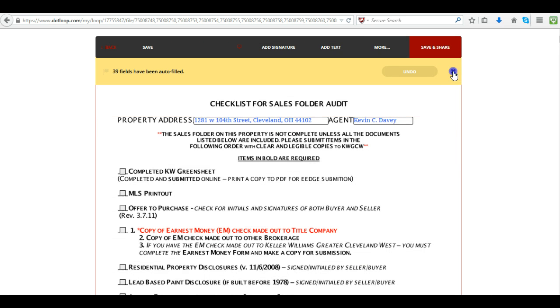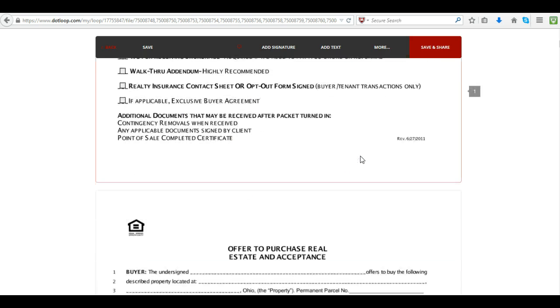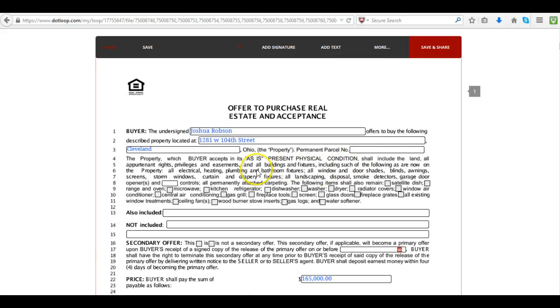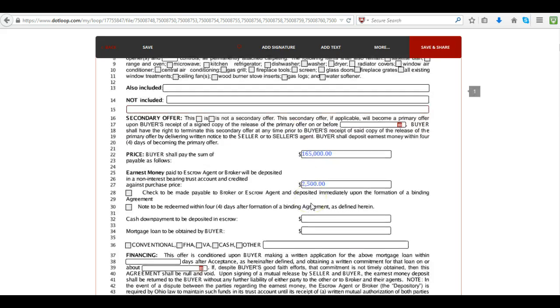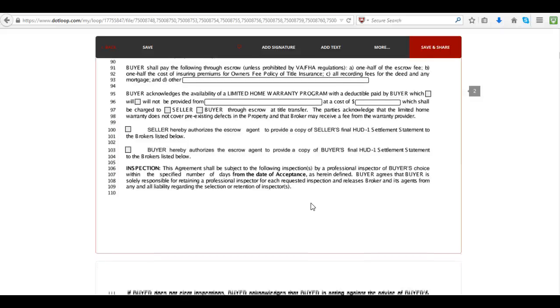And now that we have opened all the documents, you can see I made the edit to the checklist for sales folder audit and put my name here in the agent, and it's already appearing for me. And if I just simply scroll through these documents, you can see I still have things that I have to fill out on the contract, but a lot of the redundant information, which I already edited in the template,